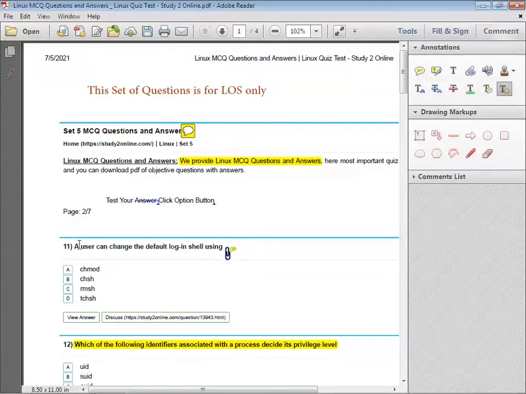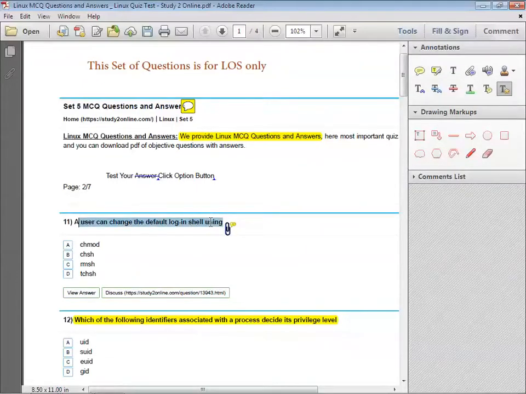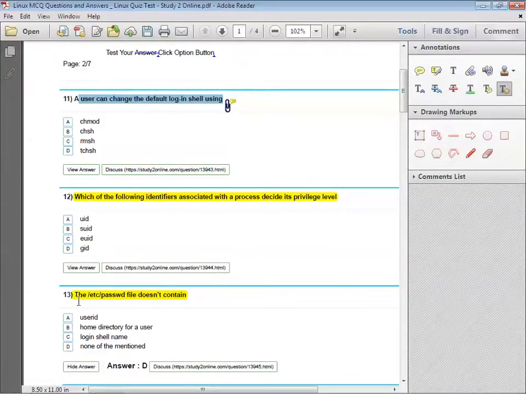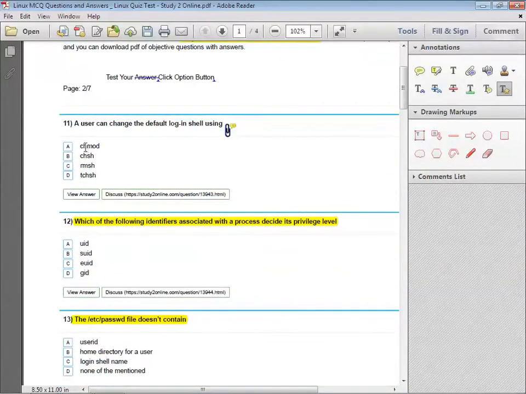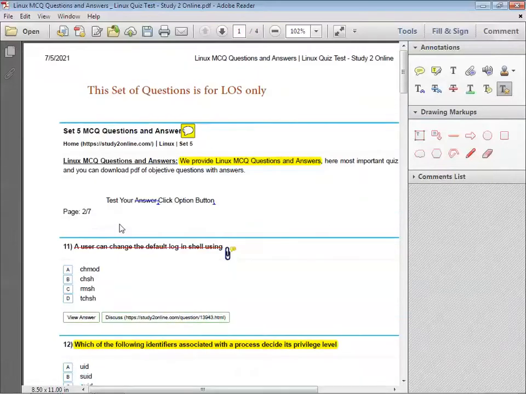This means that whatever changes you make with the help of the annotation, all will be saved here. Next one is this strike through. Suppose I don't want to keep this question, we will take this 13th number question, that is highlighted itself, or this 11th number. The 11th number question is not required, so click on this strike through option. This means that whatever text is selected will be struck through. Next one is the underline. For this MCQ questions and answer, we have to underline. We can give the fourth option, that is the underline. This means that the selected text will be highlighted and underlined.